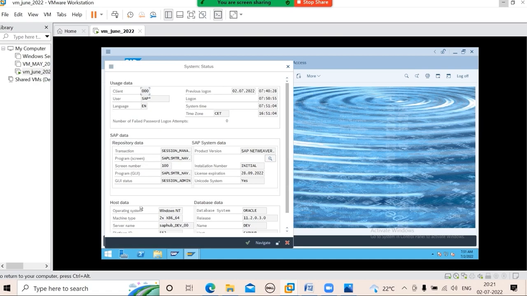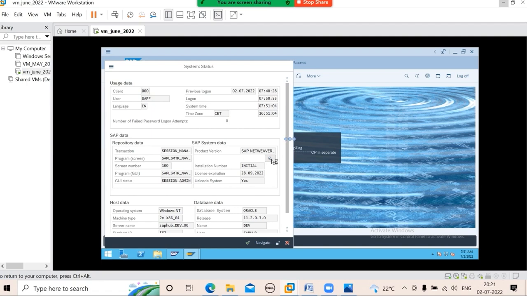Here you can see the product version. SAP NetWeaver 7.4. If you open this magnifier button, it will give you the component information. What are the software packets installed in this?